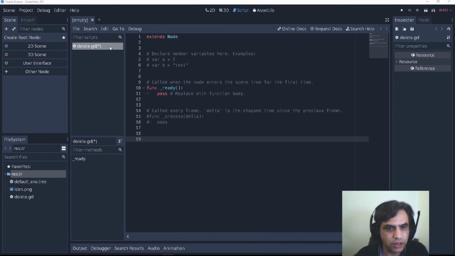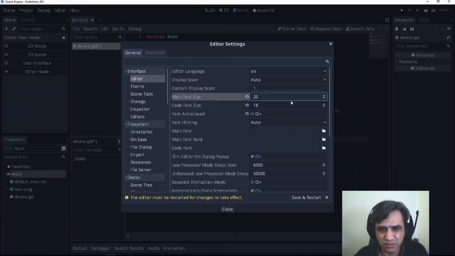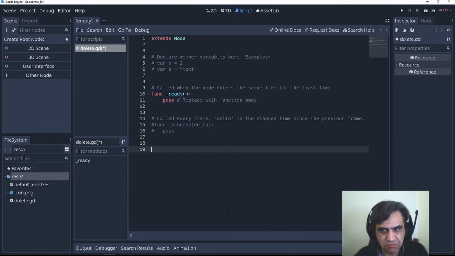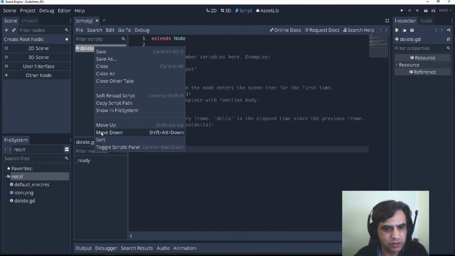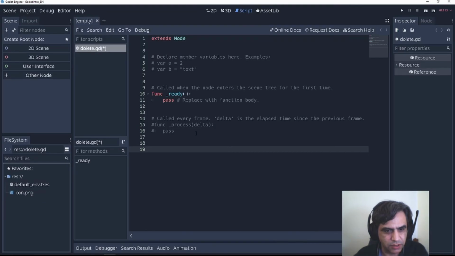Perfect. Okay, I'm going to change the font because this is very weird. Let's increase this to 20. It's more or less okay. So this is to delete, so let's delete this. It's easy. You can do something like that.